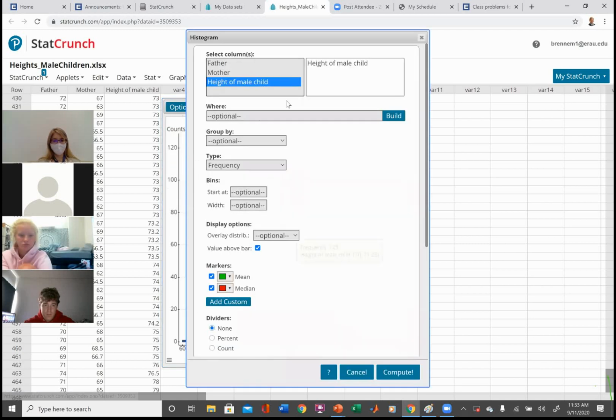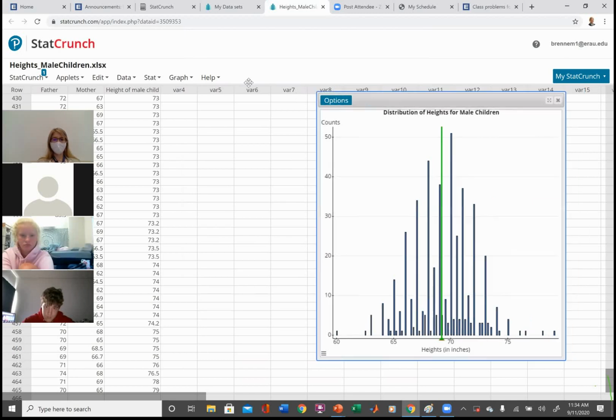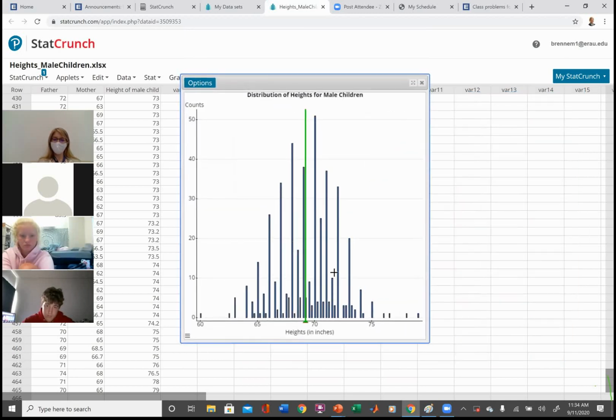I'm gonna plot this 3 ways, okay? And you don't have to do this right now, but I'm gonna go down here to bins, okay? And it asks you, where do you want the bin to start? Well, my lowest height was 60. And I'm gonna make the width 0.1, okay? In other words, I'm going to group people that are 0.1 inches from each other. And you can see what happens, right? The graph gets really choppy. The resolution's too high. So this is an extreme of a terrible plot.